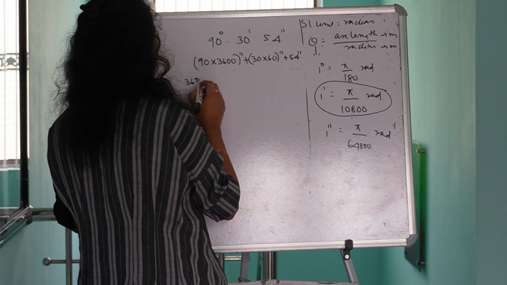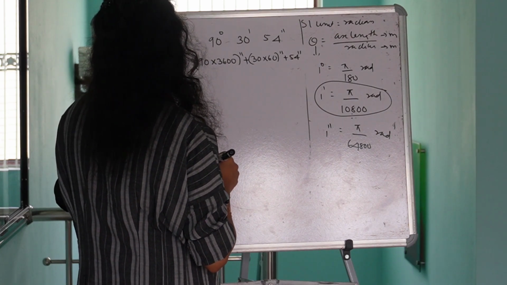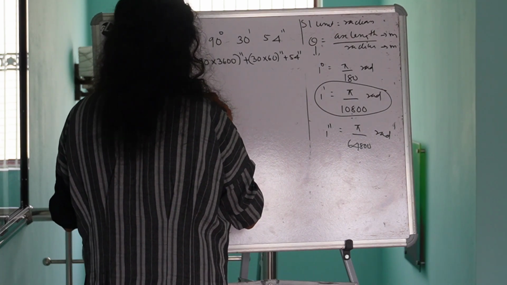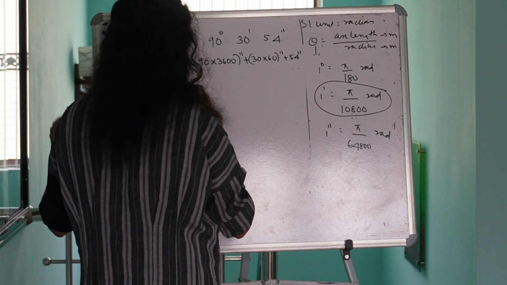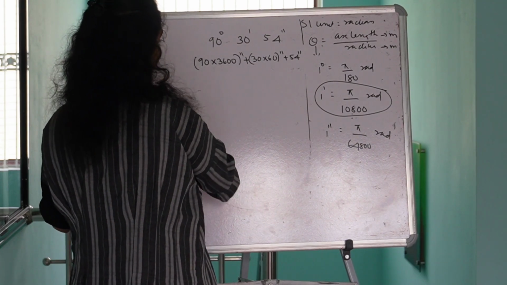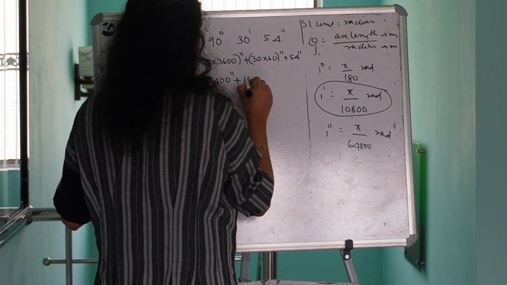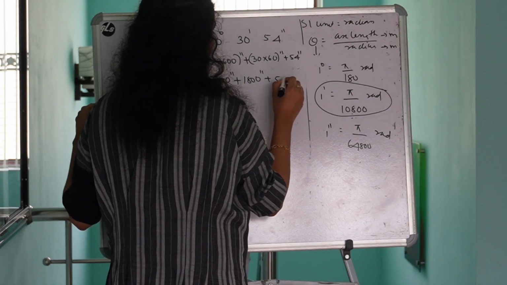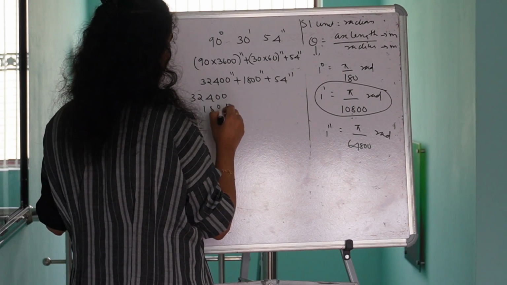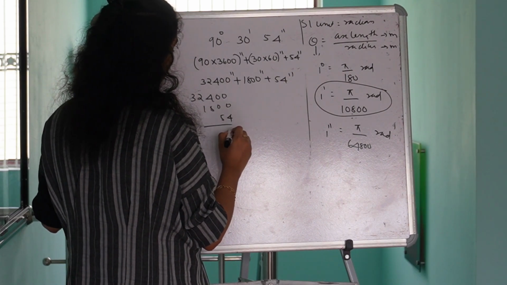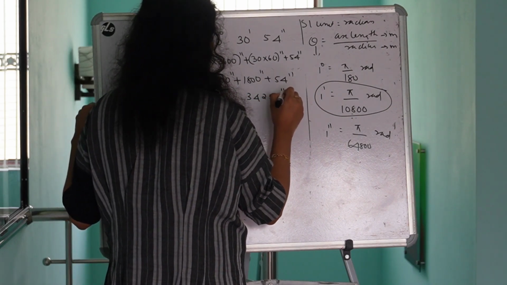36 into 9 is 324. So 324000 seconds plus, here I will get 1800 seconds plus 54 seconds. So the whole angular measurement in seconds is nothing but